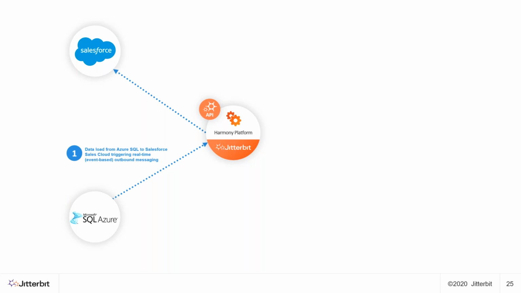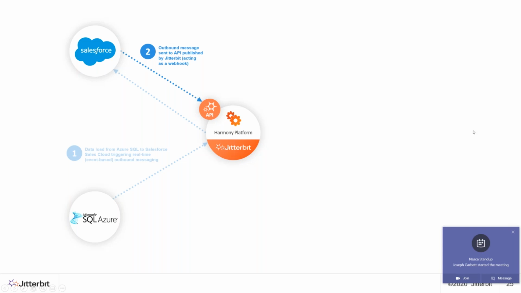The outbound message is an event-based push notification to Jitterbit. So that hits a webhook API we published on our API gateway. So we're receiving notifications about events that we care about. So typically a record having been created or updated, in this case accounts. So that tells us that that has happened, and then we dial back, we dynamically craft the SOQL, the Salesforce query, to grab the relevant object and record, and then we process it thereafter.